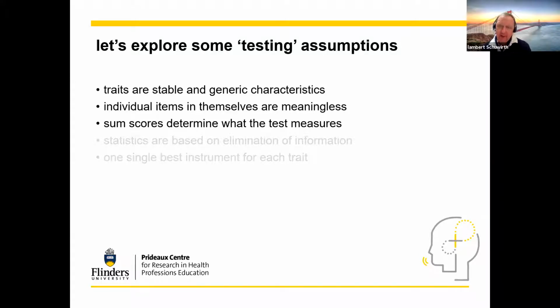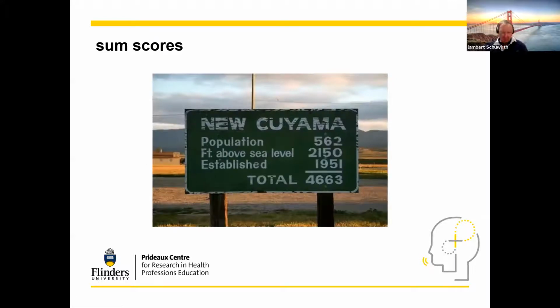Then the third one is that the only validity, the only part which is really valid, certainly if you take Cronbach's view, is that the sum scores determine what the test measures. So we add up these apples and oranges and it leads to a nice sum score, but what we're actually adding are things which should be recorded individually and should be evaluated individually. So you cannot say that the average between your resource performance and your communication performance is a meaningful average.